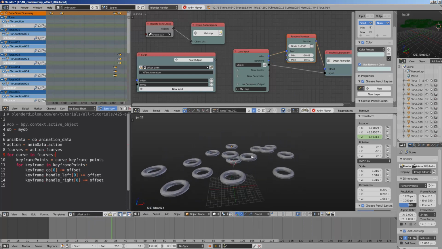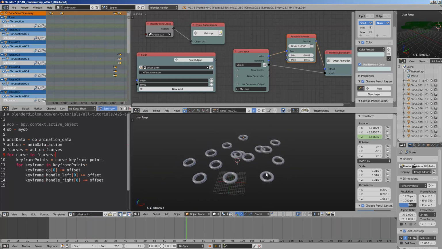So yeah. That's a quick brute force method to offset animations using a script node, and hopefully you find this useful,